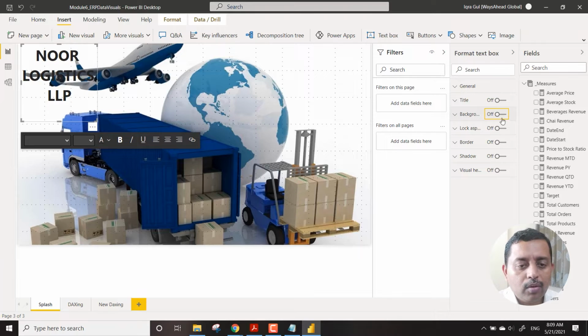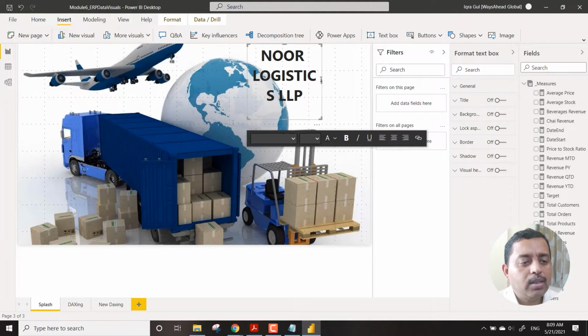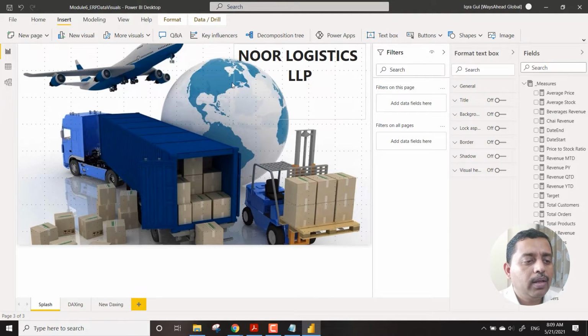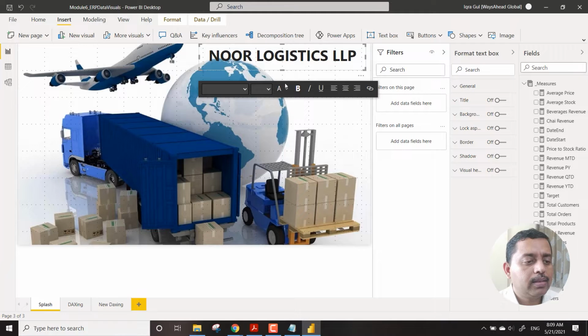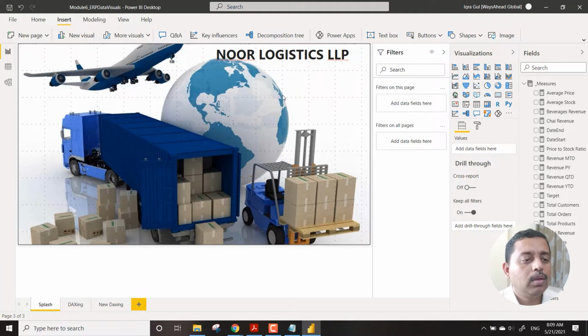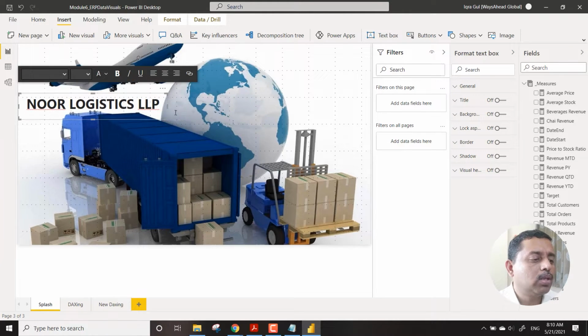We remove the background. So for the background, options are here, formatting. And we bring it to this side, something like this. And it's better that we actually bring it to one line. So that will give a nice view, something like this. So if it is required, you may just want to change it to a lesser font size so that it fits this particular area, or you can try to fit it in some other locations also based on the picture.